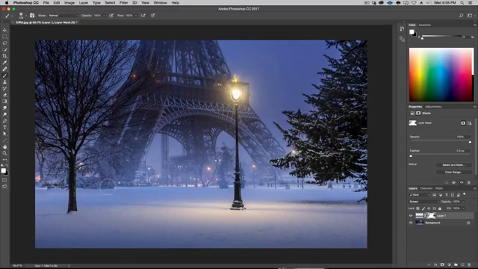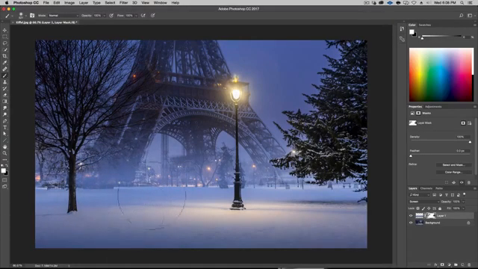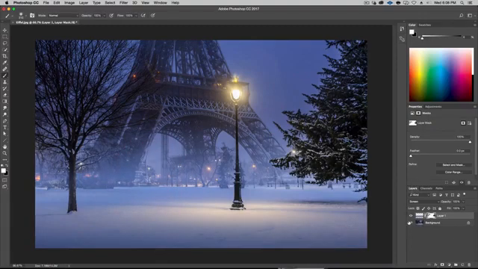I might have a few little branches here that I want to get rid of, so just do that. Make my brush a little bigger and kind of just do that so that it's out of the way. All right, there, it's good. It's a little bit in front of that bark, but that's fine. I don't really mind. All right, so that is the first step for this project.